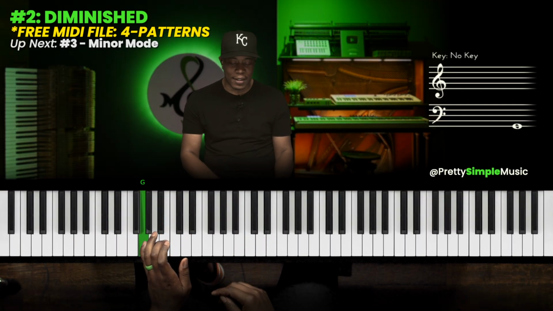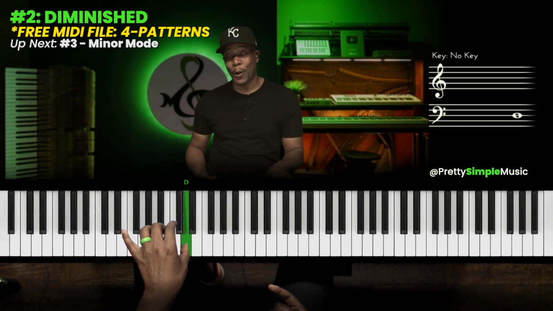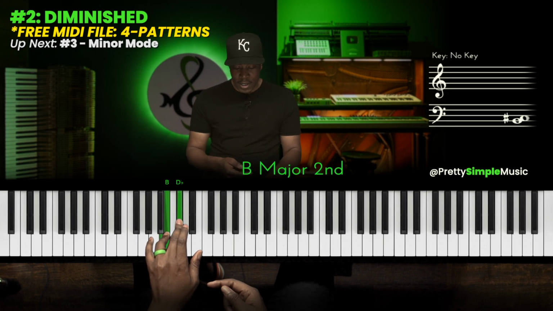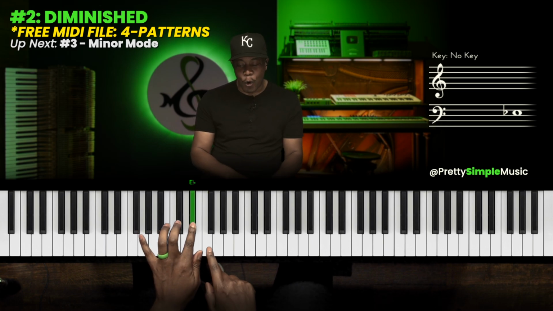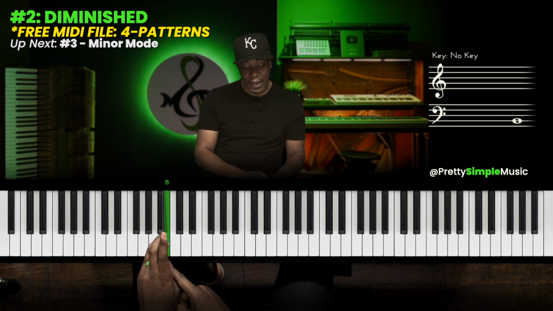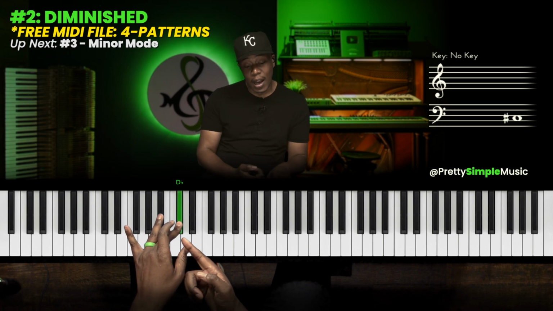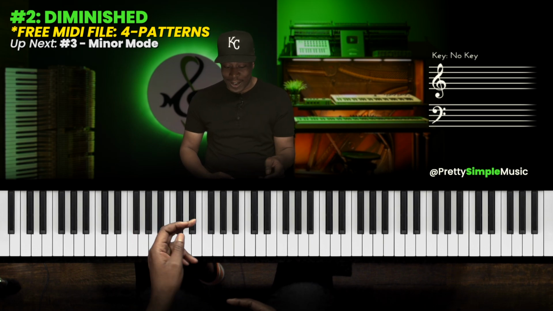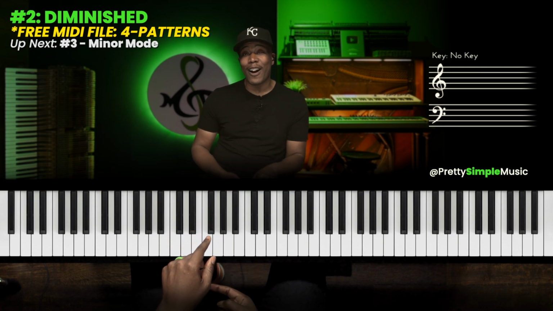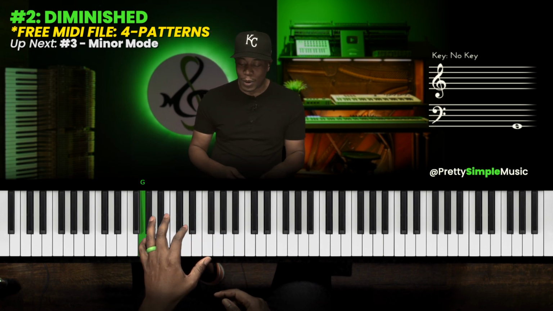So I did this B up to the minor 3rd, which is a D, and we'll color this up. And then I'm gonna go up. So if you look at this, these are the 4 notes. 1, 2, 3, 4. So B, you're gonna take it up a minor 3rd. Now go to our next one, C sharp, up a minor 3rd. Our next one is an E flat, up a minor 3rd. And then lastly, our F, up a minor 3rd, which is A flat. So what I did was,